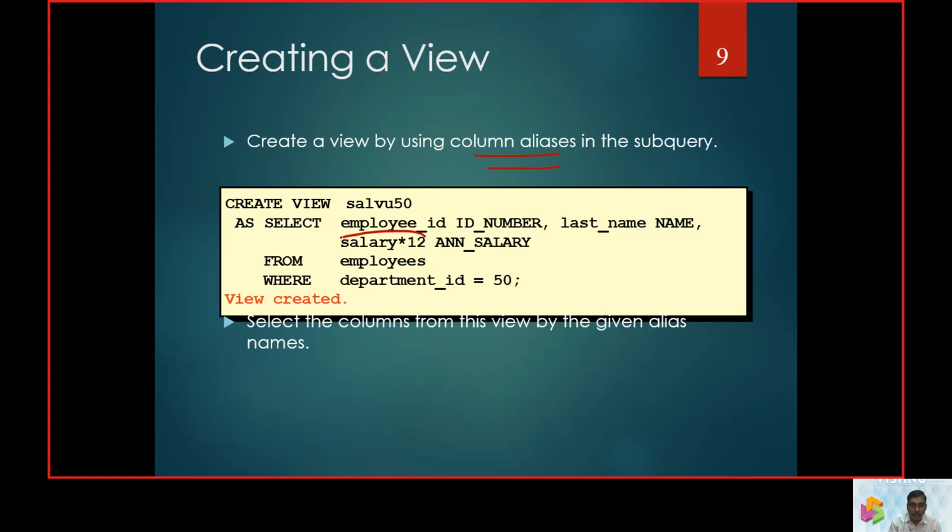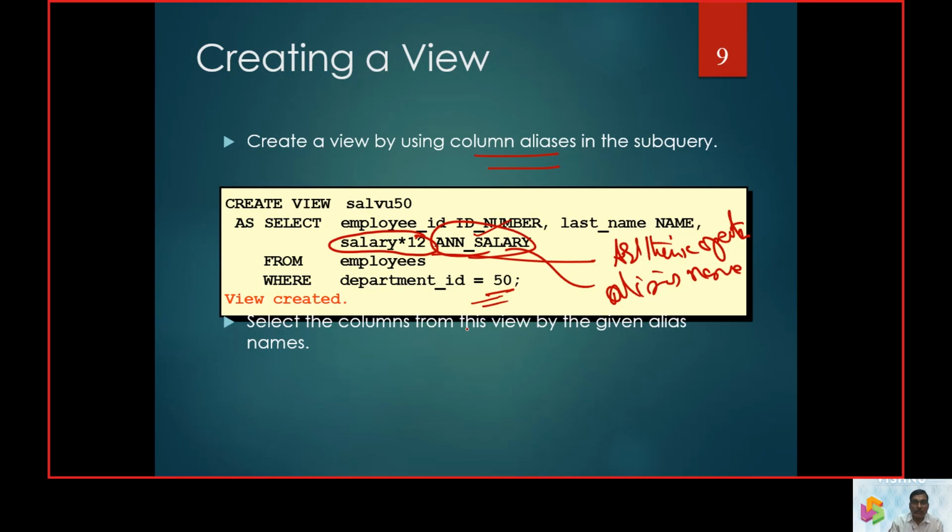So 12 into salary is an arithmetic operation, and the second one, annual salary, is the alias name, right? Instead of printing it as salary into 12, it is going to be displayed as annual salary here. So the two are taken up for the department number 15.